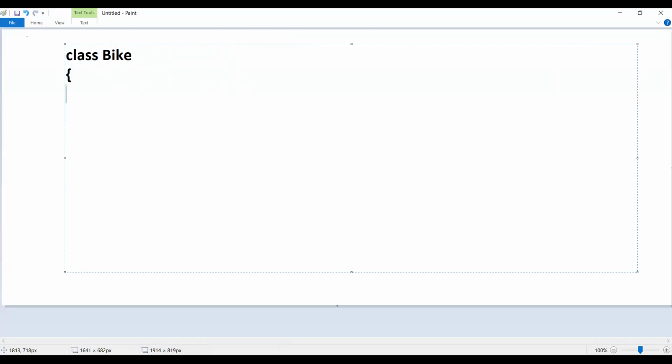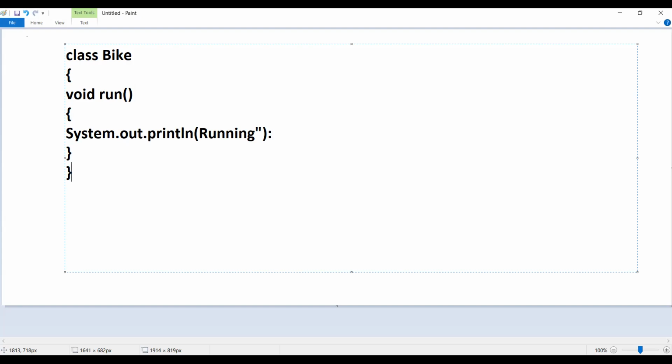In this class Bike, I am writing a function called run, and inside it I write one more functionality, running. So this class Bike with the run method will become the base class.